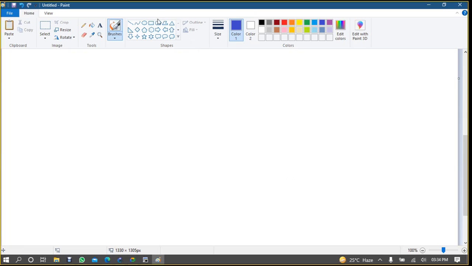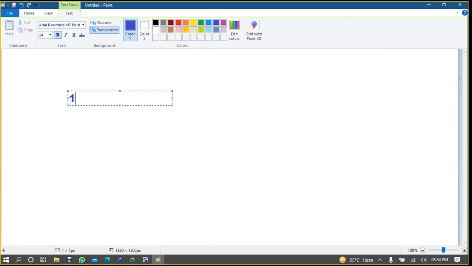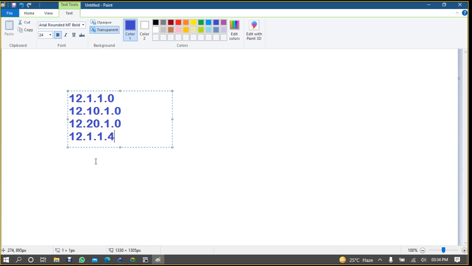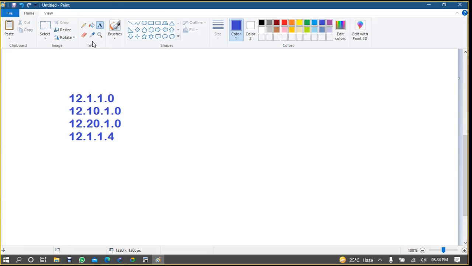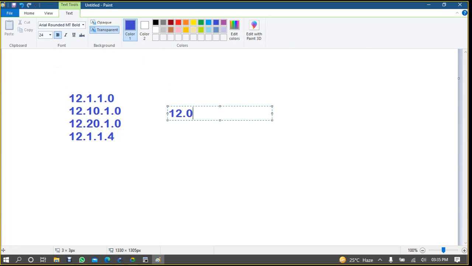Here we are using 12.1.1.0, here we are using 12.10.1.0, here we are using 12.20.1.0 and 12.1.1.4. Four networks we are using. Now when router 1 is advertising all these networks like this,